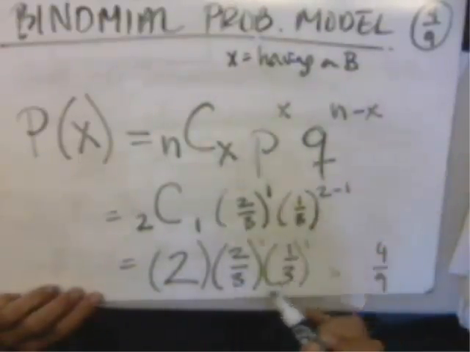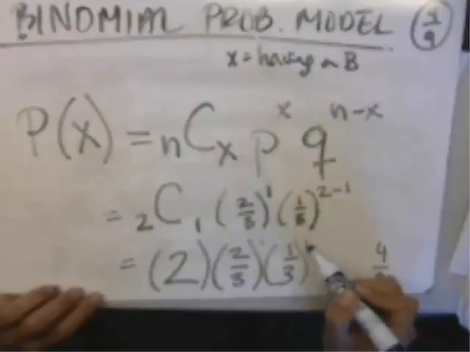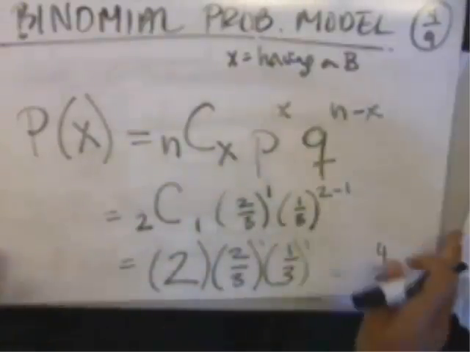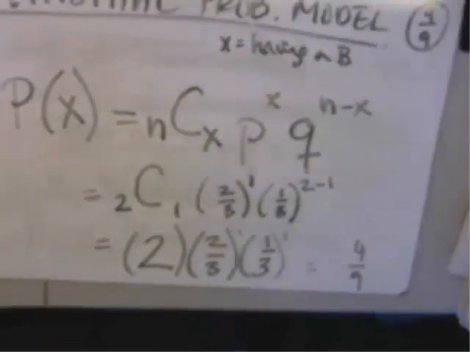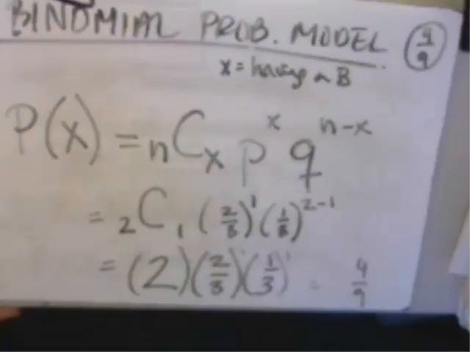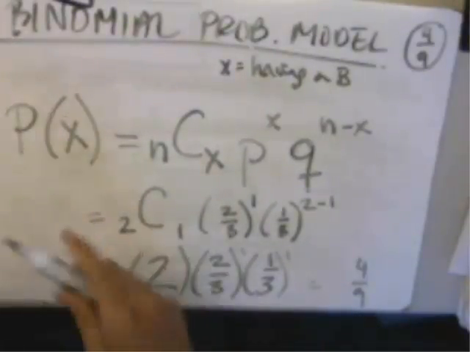Okay, so this is the probability of having a boy to the number of boys, the probability of not having a boy to the number of not boys, and there are 2 ways that this happens. We can see that with this probability tree, but the formula does it even a little bit better, because